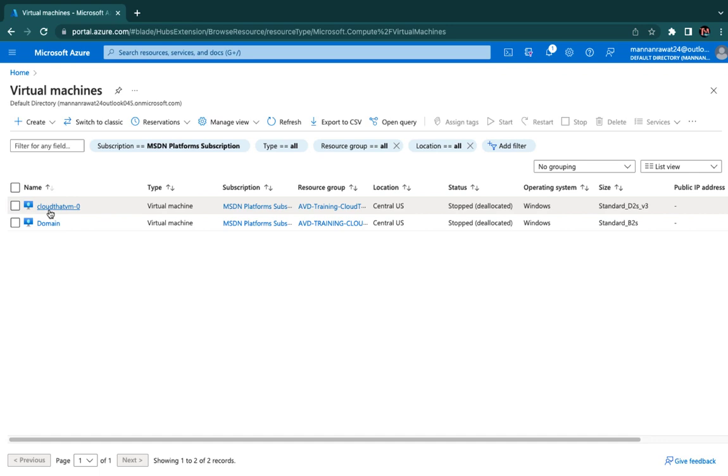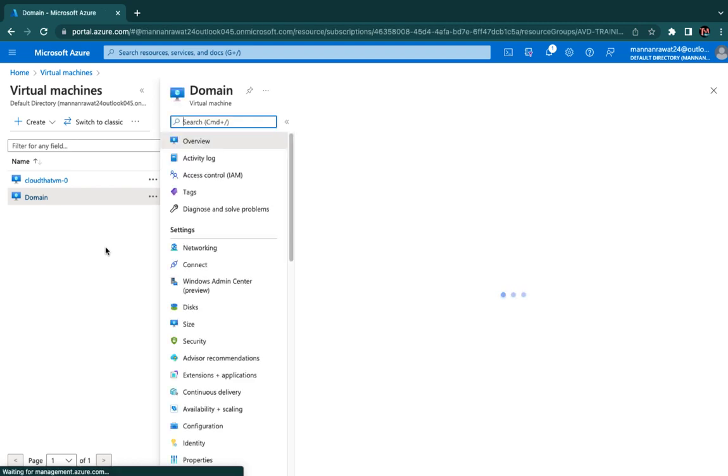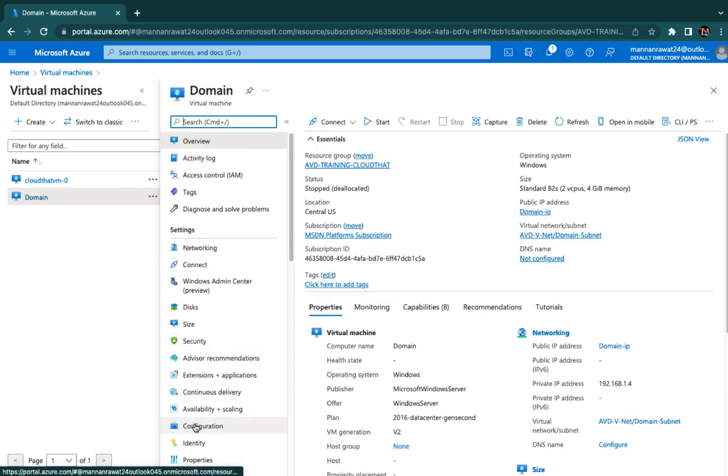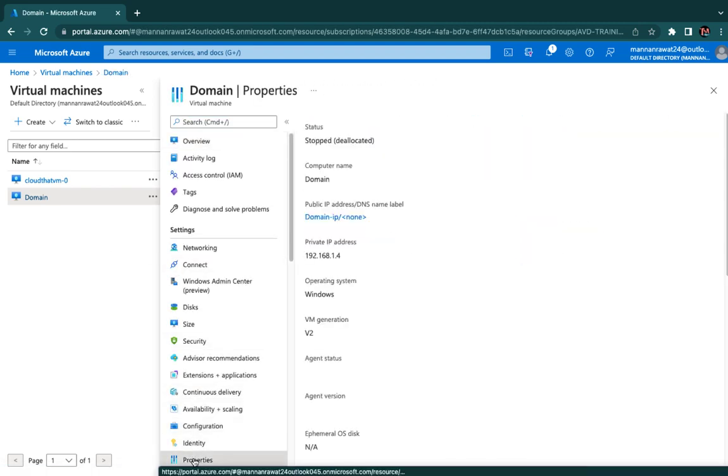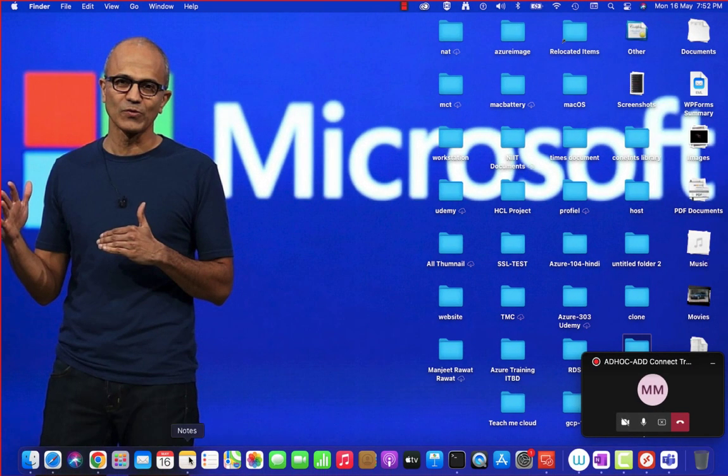Just open the virtual machine's properties, and it gives you the information about the resource ID. If you just copy the resource ID and paste it on Notepad,